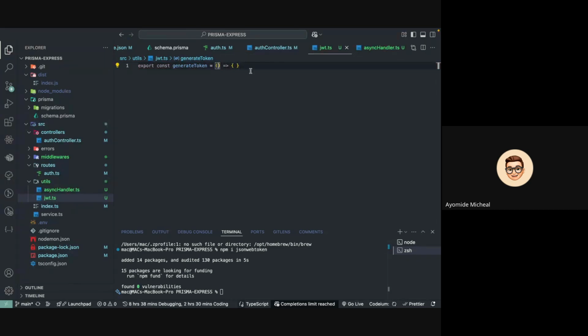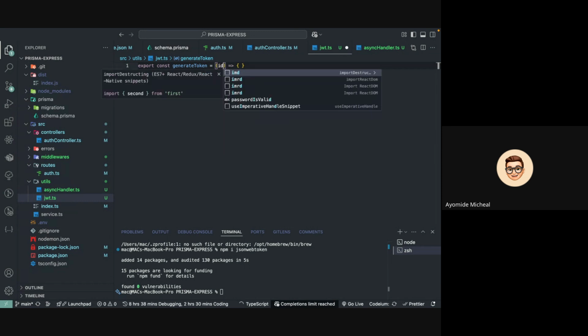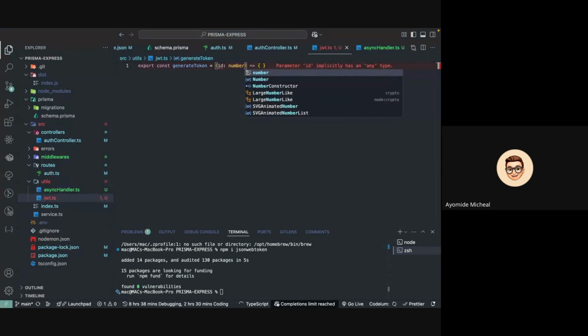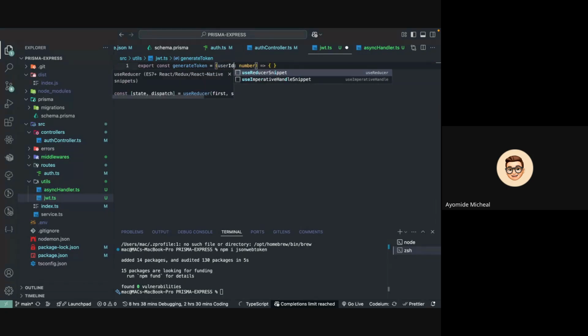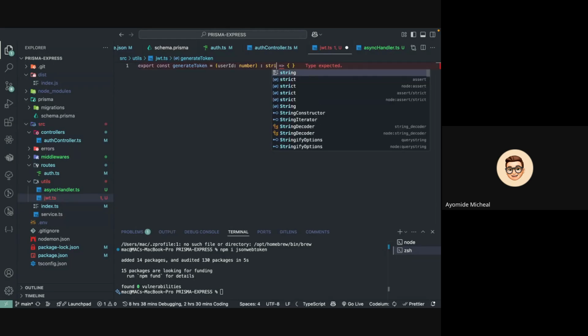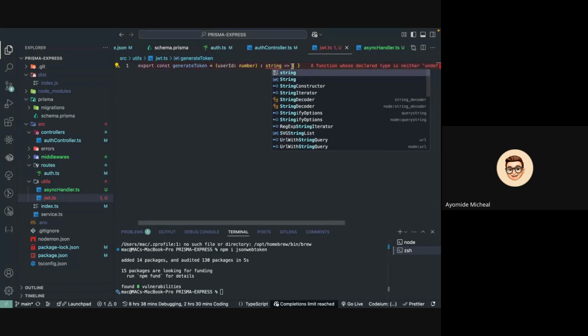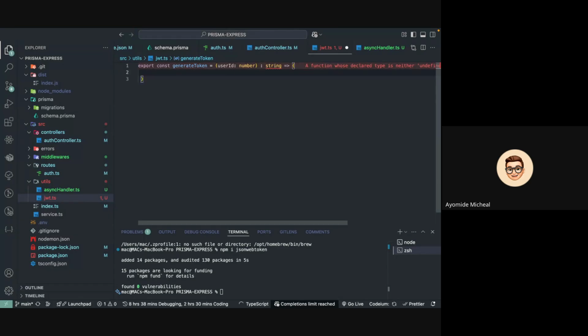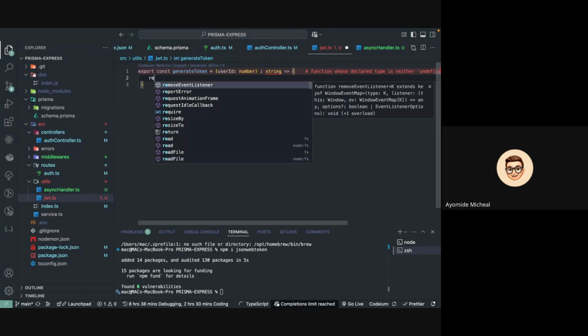And this function is expected to receive the ID, which is a number. That is our user ID. Let me even call it userId. Are you getting me now? This function is also expected to return a string, which is a token, a string, right? What are we doing? We are doing return